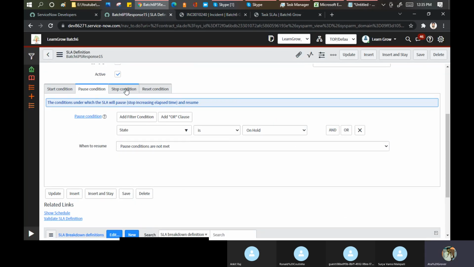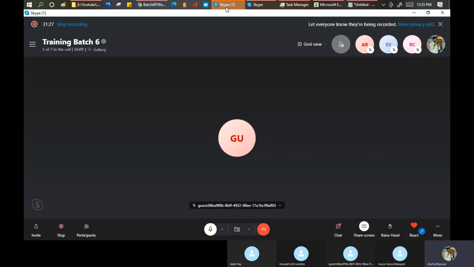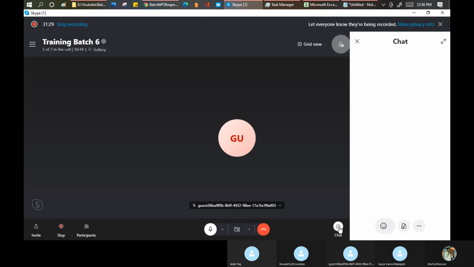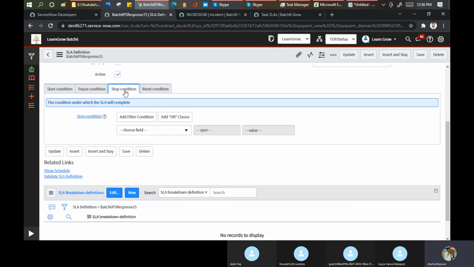The third condition point is called the stop condition. आपको कब रोकना है अपना SLA. Okay, thanks, Ronald. Now the stop condition. See, stop and cancel are two different things in SLA.